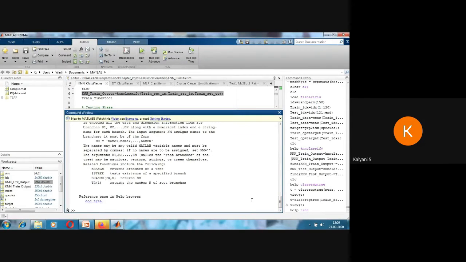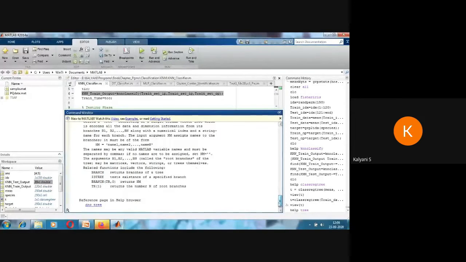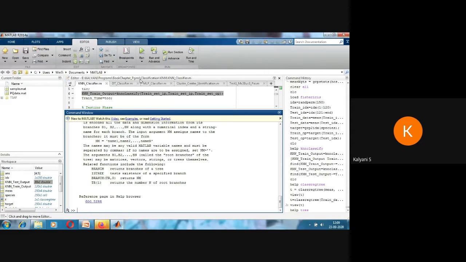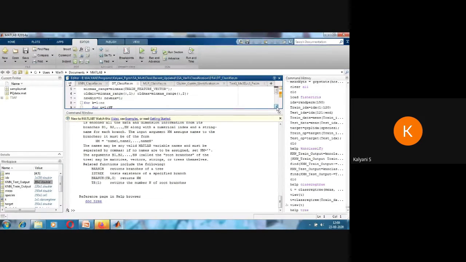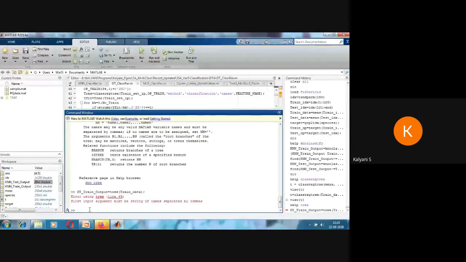After building the tree, you have a function to simulate the tree. So DT train output will be equal to tree of... I am going to simulate the tree first for training data.